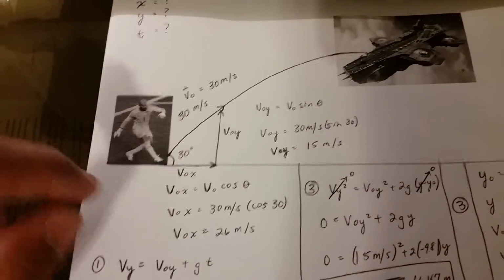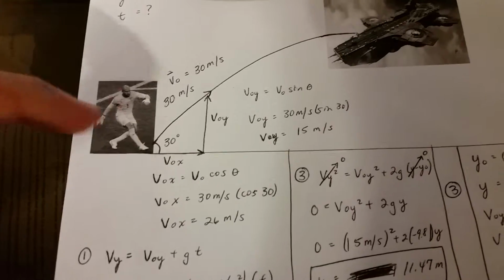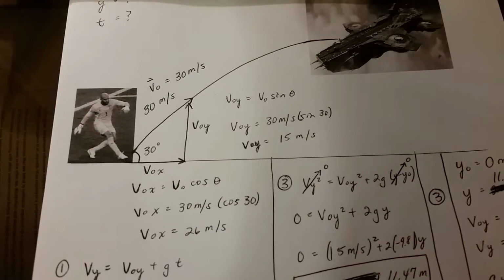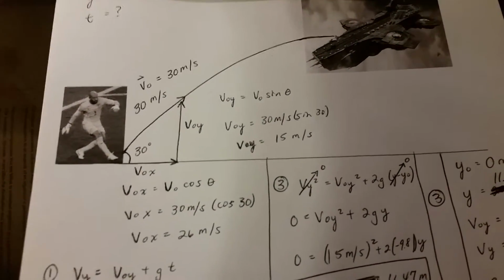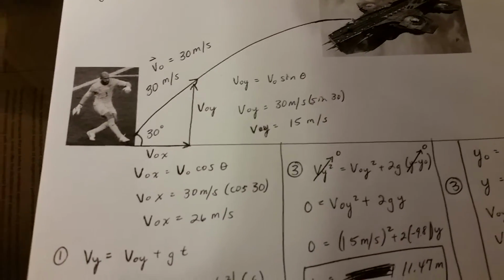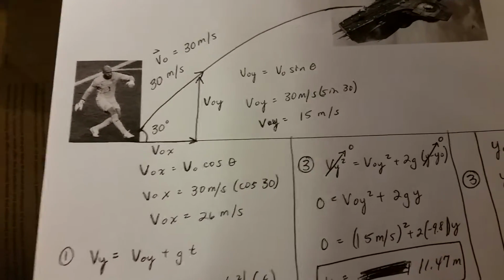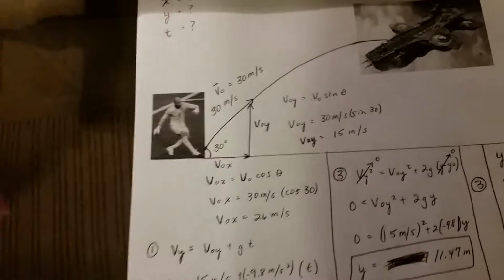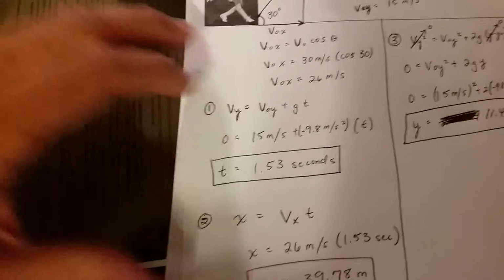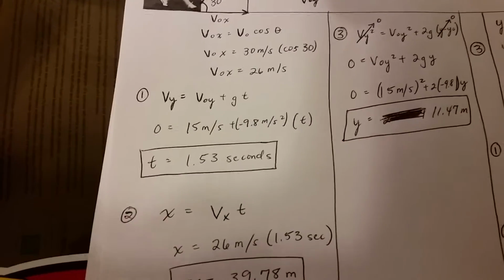So first off, we figure out the velocity in the x direction and in the y direction, which you can see here. We have the velocity in the y direction of 15 meters per second, and then the velocity in the x direction of 26 meters per second, which we're then going to use to find the time. So we're going to do,